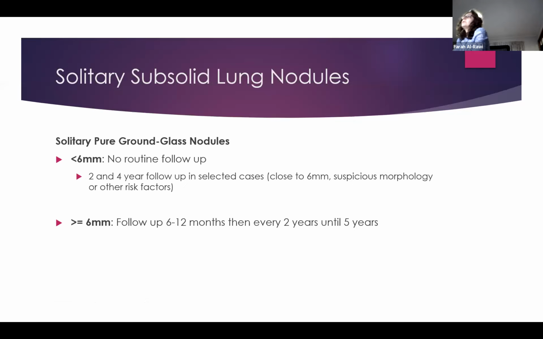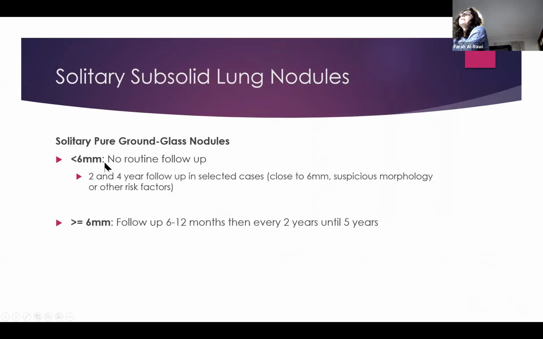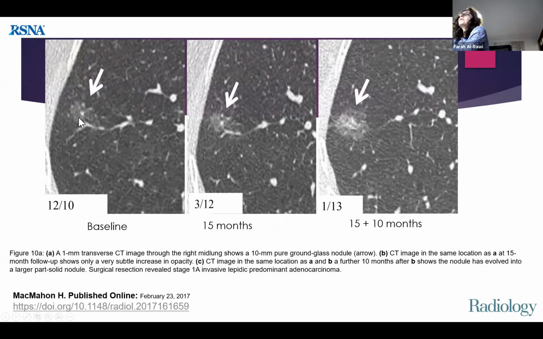Now, a subsolid nodule is also called a ground glass nodule, and I'll just show you the picture to understand what we mean by that. So you can see through it. It's like crushed glass, and that's what we mean by ground glass nodule. It's not as solid as the other ones that I've just shown you. And these we worry about because adenocarcinoma looks like that. And adenocarcinoma is a cancer that's very indolent. It will stay there for a long time, and then suddenly it starts growing. And that's the reason we follow these nodules for many years.